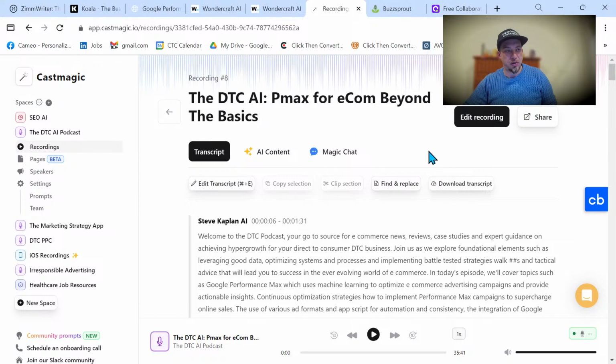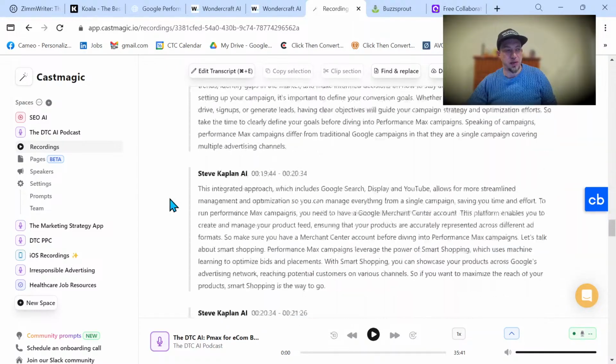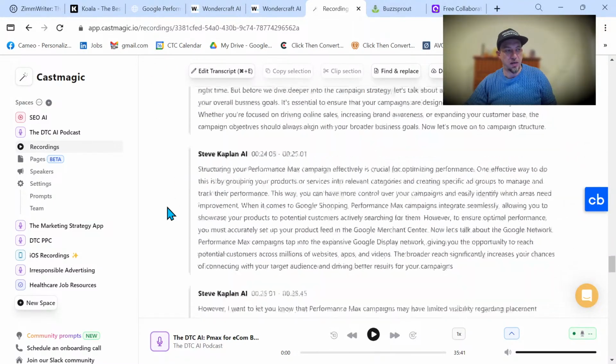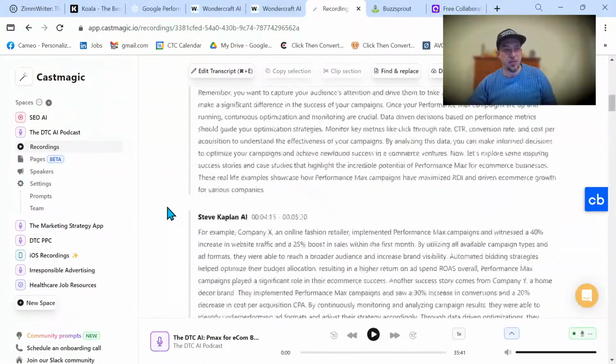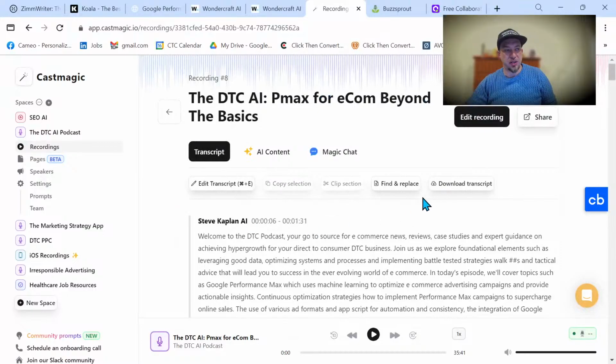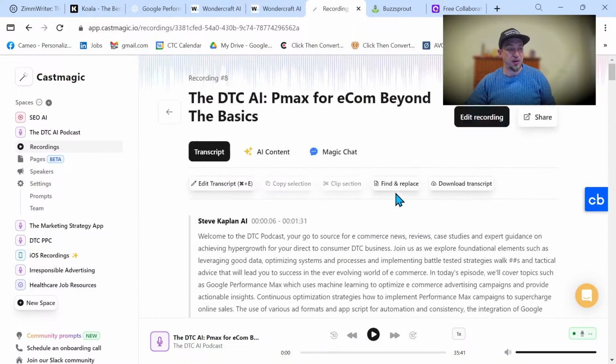And we are going to get the transcript first. So the whole transcript is here now. We can download this transcript because it's easier to download it here than it is over in Wondercraft. We can download the transcript with or without timestamps, and so you may want to have that just to go through here, and you might want to use this everywhere else in other content, just for ideation or whatever.